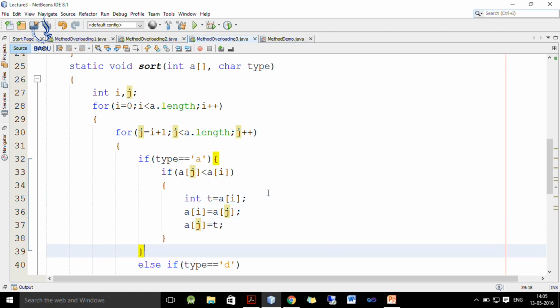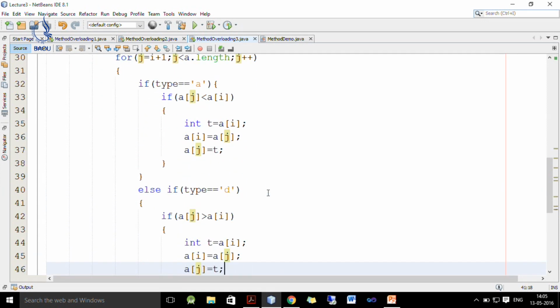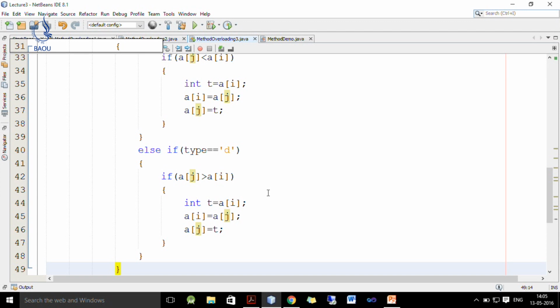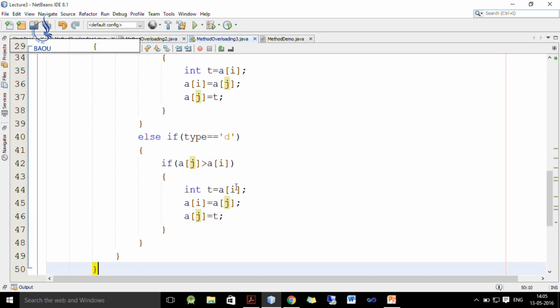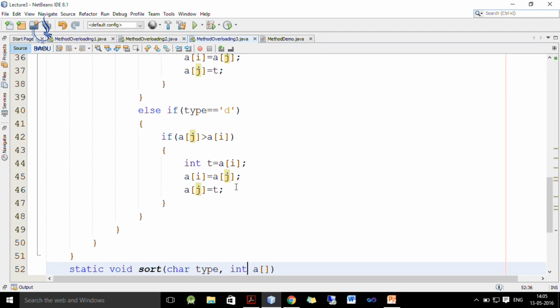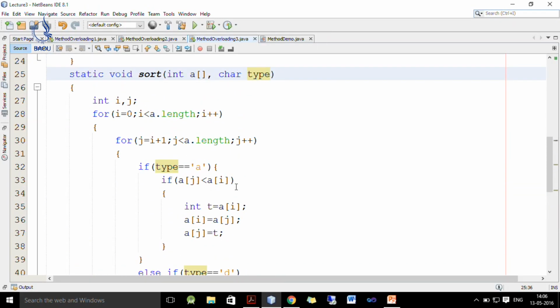This process continues, and if we want to sort in descending order, any element which is greater than the ith element is found, it will be exchanged with the ith element and the process continues. At the end of these loops, we will have the array sorted in ascending or descending order depending on the value of type.